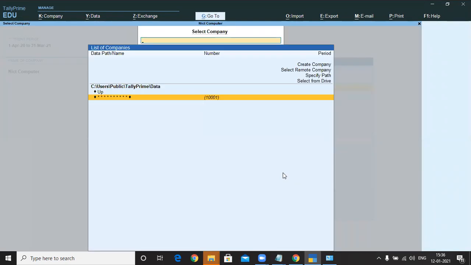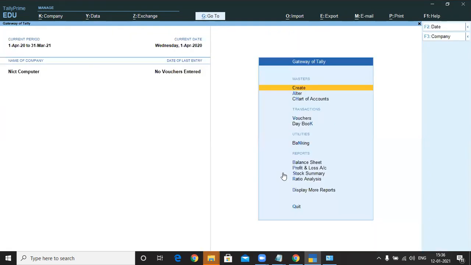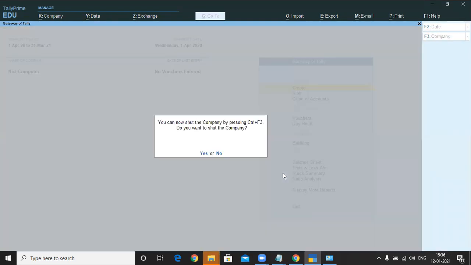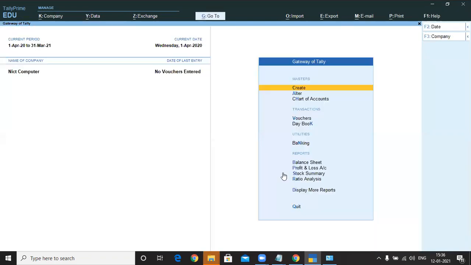Again press enter key for that 10,001 5 digits number. See, it's not asking because I have not issued that Tally Vault password in the alteration mode.